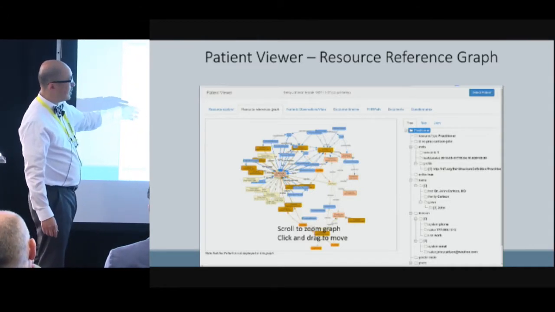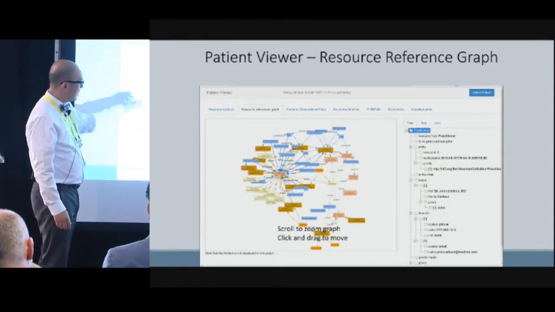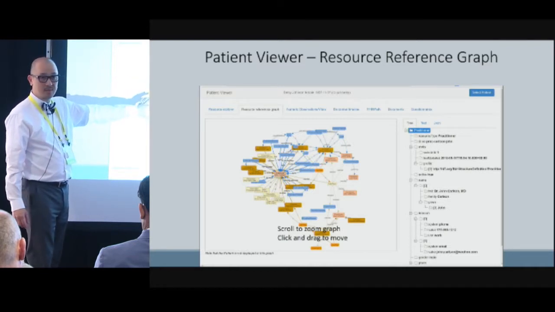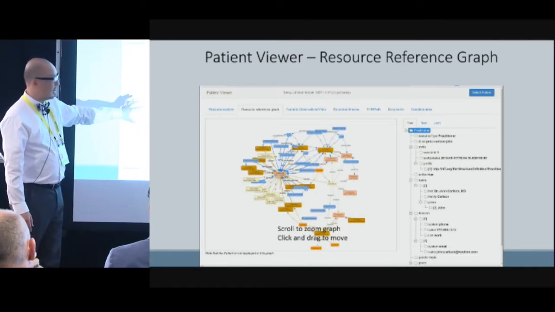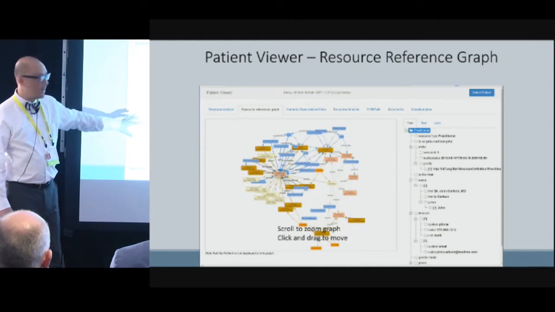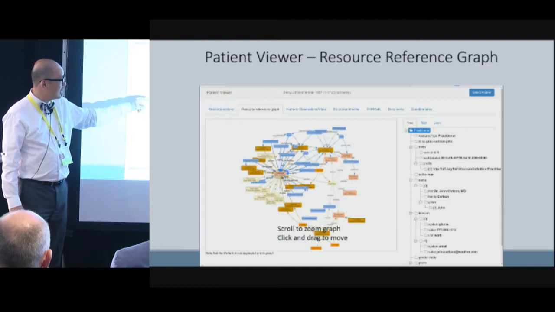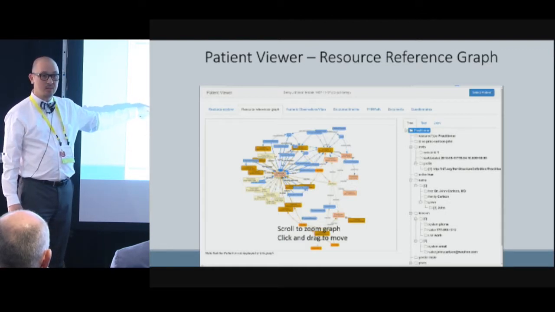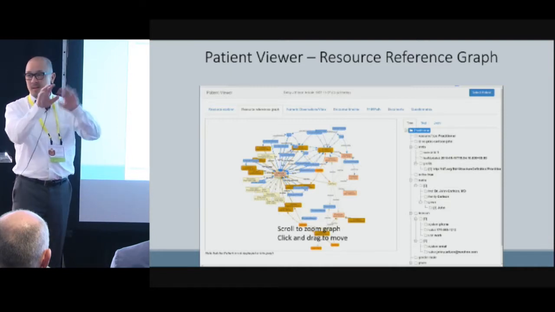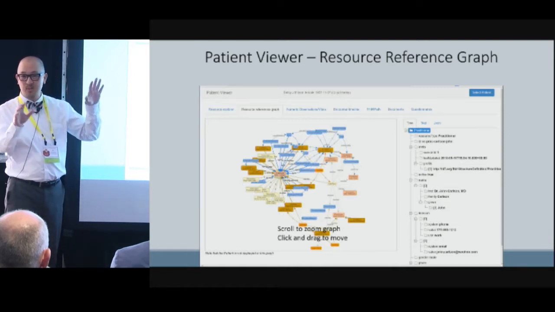So when you pull up this patient, you'll see this graph. It assumes that each of these boxes is a resource, and that all these resources pertain to this patient. The graph will show all the inward and outward references to each of those resources. So you can click and scroll and zoom and see how these resources interact